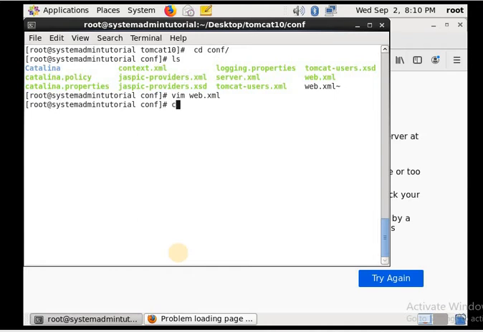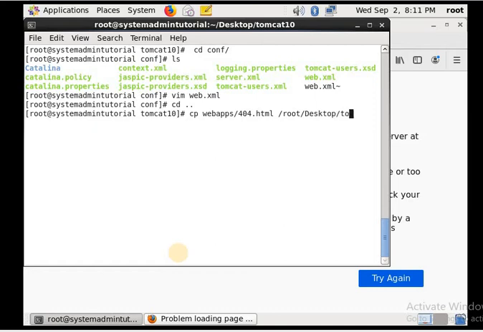For that, we have to use cp. I already have the 404.html. I have to copy this to the root of my working directory.